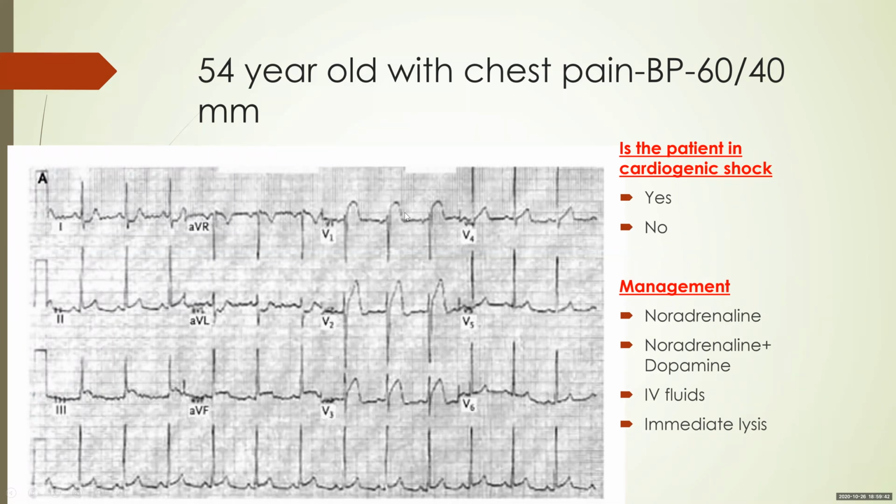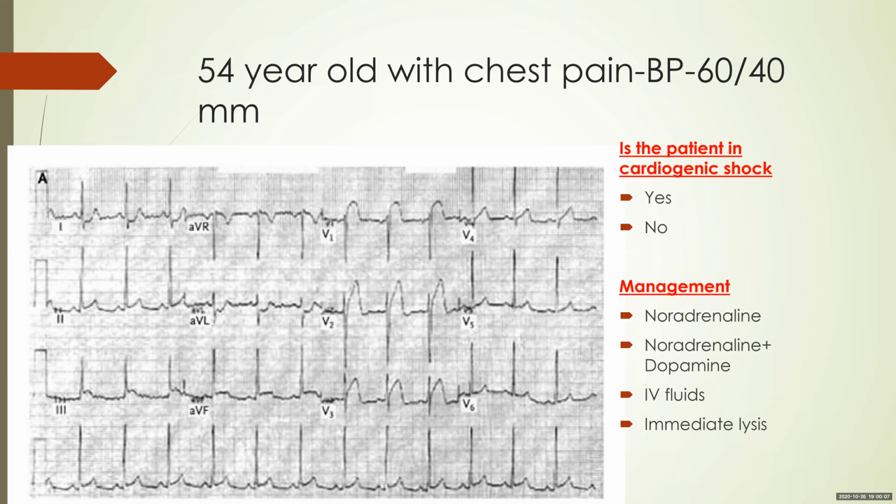The reason is in anterior wall MI, usually the ST elevations extend to involve V4, V5, and V6. It's rarely confined to V1, V2, V3. If you're further in doubt, you can look at a clinical sign, which is easily elicitable at the bedside, which is you can look for an elevated JVP. An RVMI usually has an elevated JVP on day 1. An anterior wall MI on day 1 usually does not have an elevated JVP.